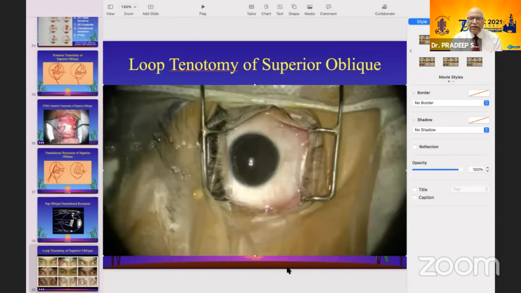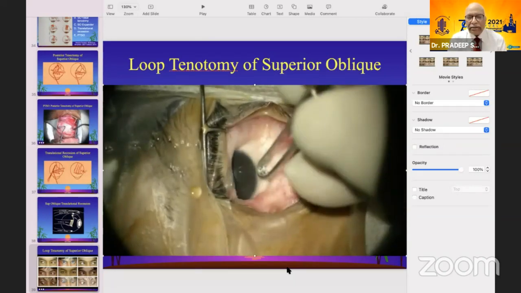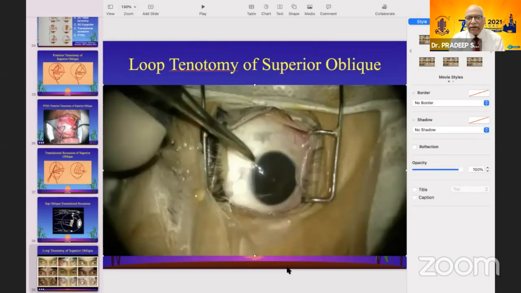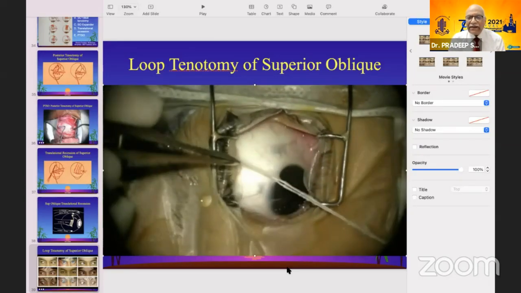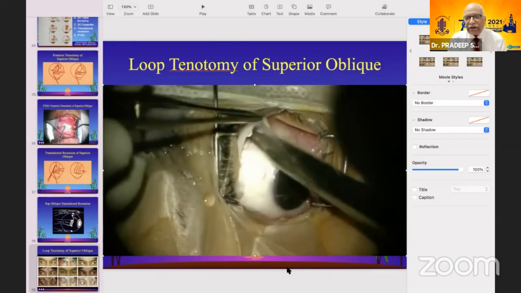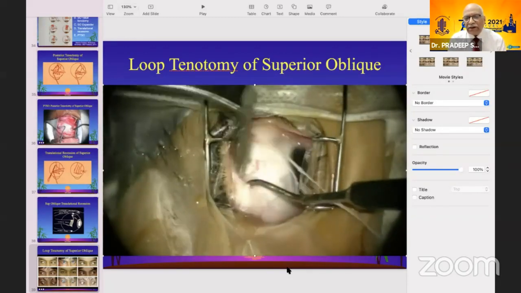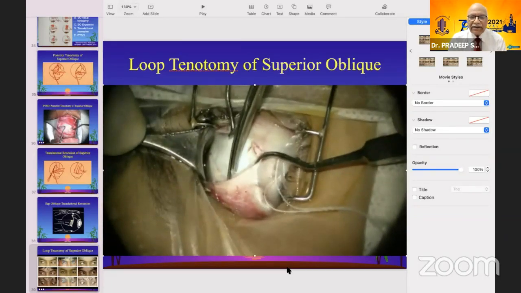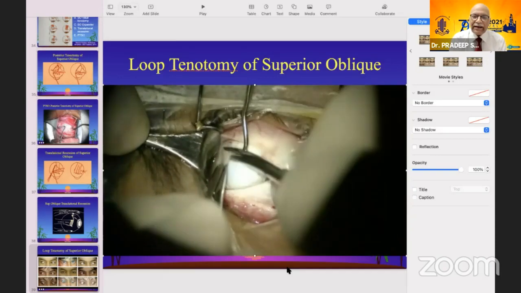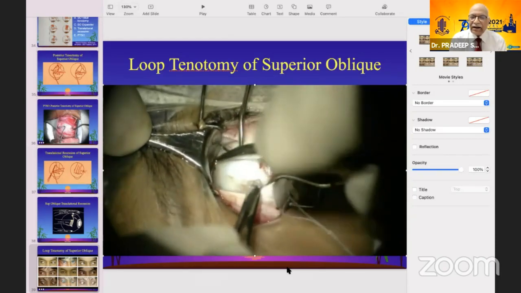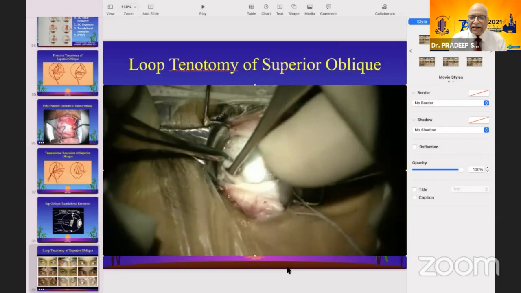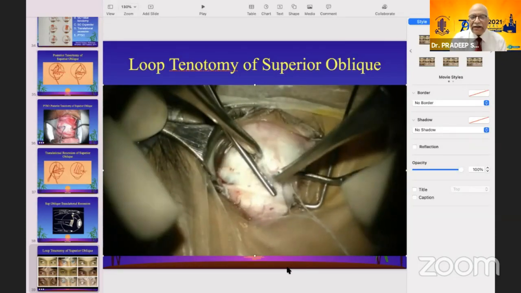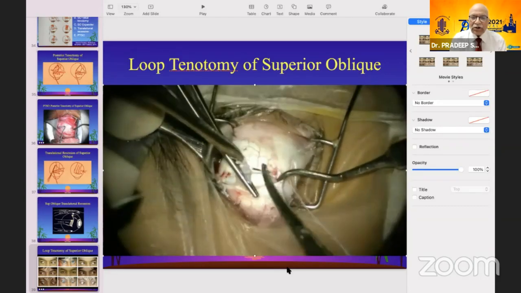Now this is a child, a case in which there was a tight superior oblique. On abduction side is good. So again, as I said, we have to approach all the superior obliques from the temporal side. So it's a superior temporal incision that was made, and you hook the superior oblique. See, the superior oblique has been nicely hooked, and intermuscular septum on either side are dissected, and then the superior oblique is dissected free and held with the fixation forceps. Make it free so that it can be released fully.